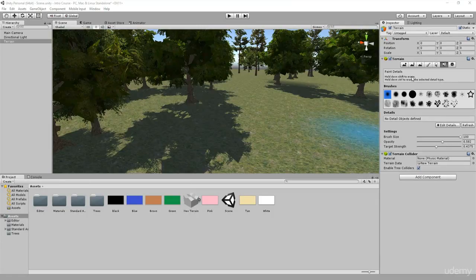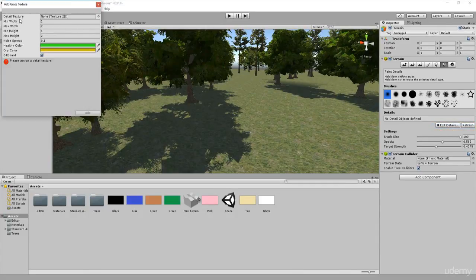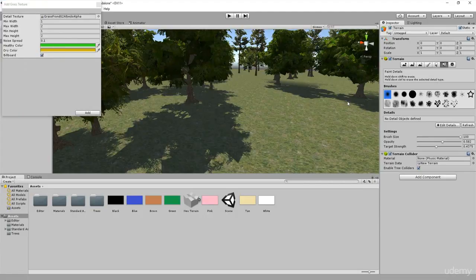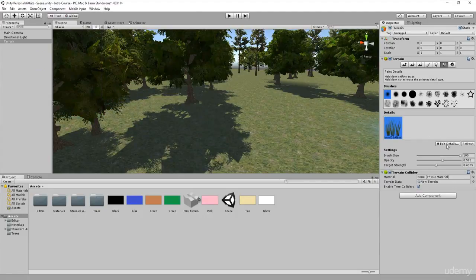What this Paint Details tab allows you to do is paint detail meshes and grass textures. So you can go ahead and click on Add Grass Texture, and then go up here to where it says Detailed Texture, and just scroll down a little bit, assuming you have your environment assets placed in your scene, which you probably do by now. And you should be able to see some grass around here. And you can also just search grass and it will pop up. So there's two different types of grass that come with Unity, so I'm just going to add both of those in. So there's the first one,